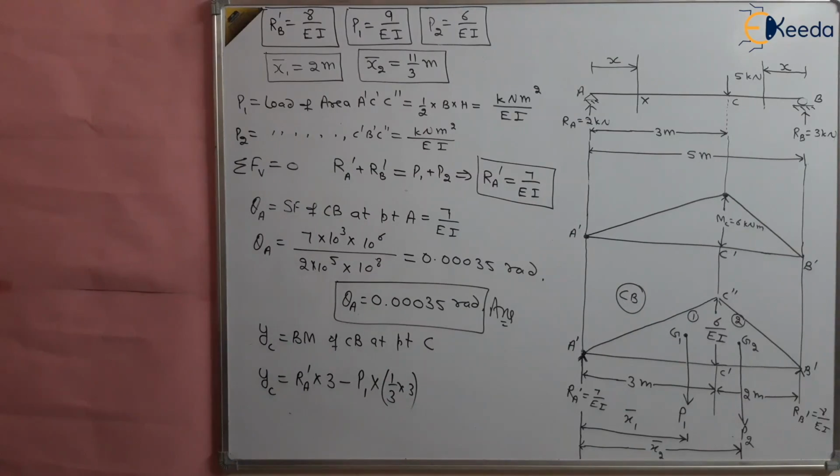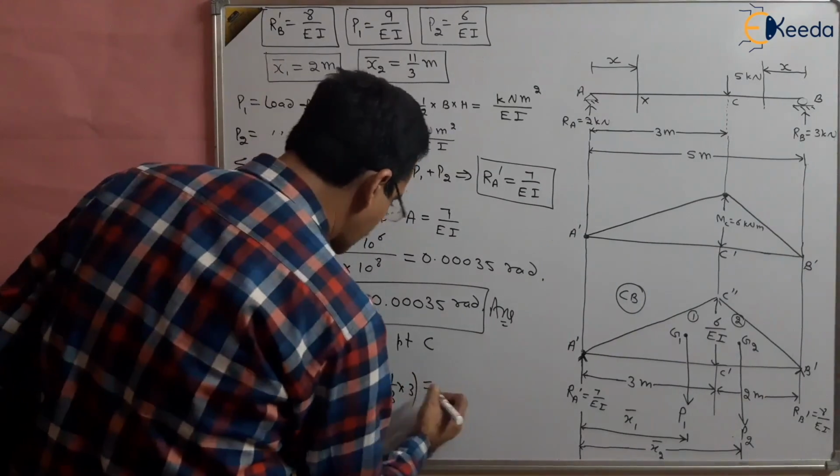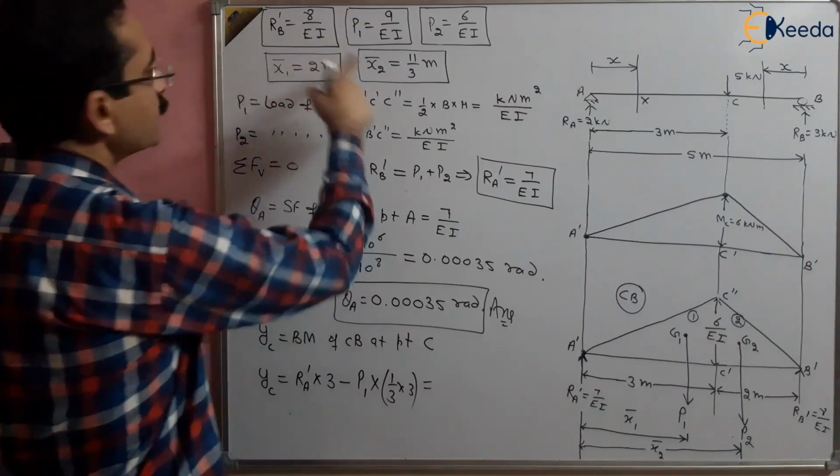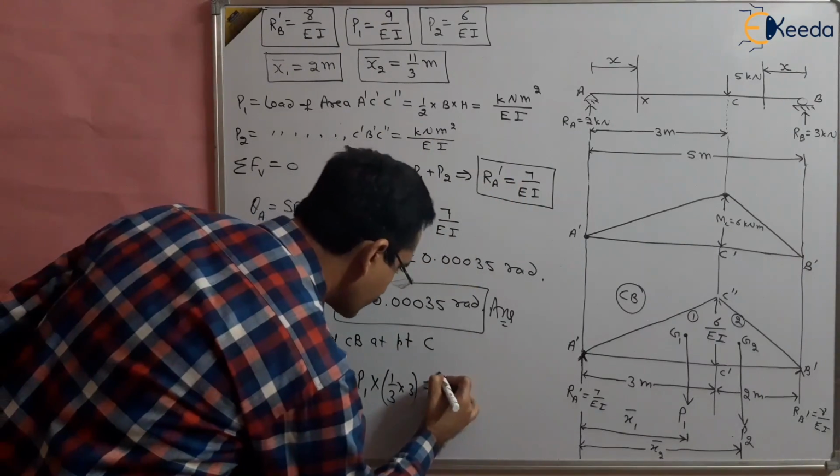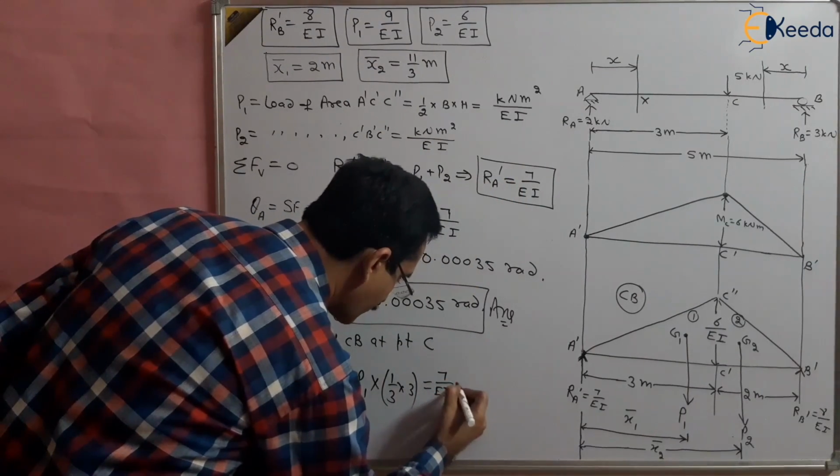So this is the YC. This will be equal to RA dash, which is known to us, 7 by EI. So 7 by EI multiplied by 3